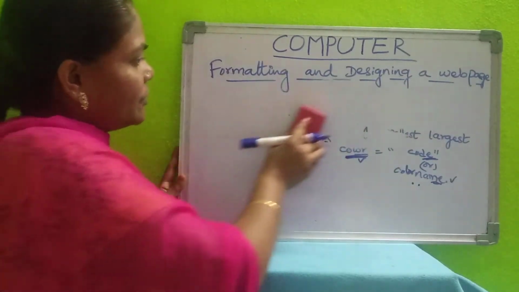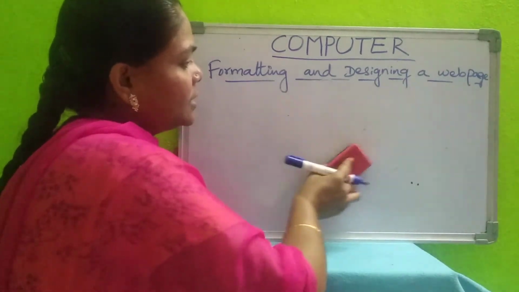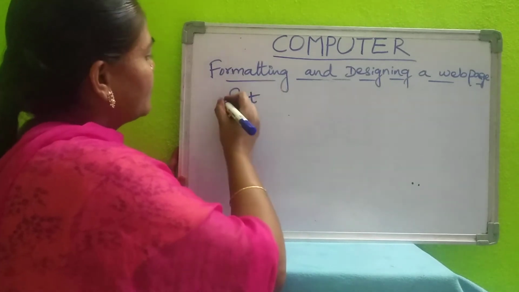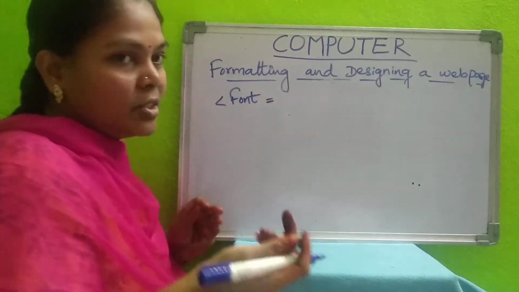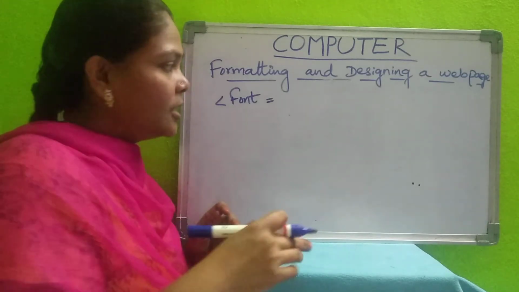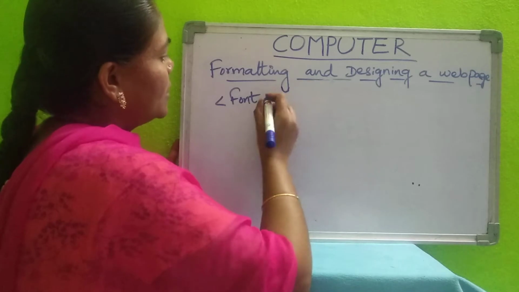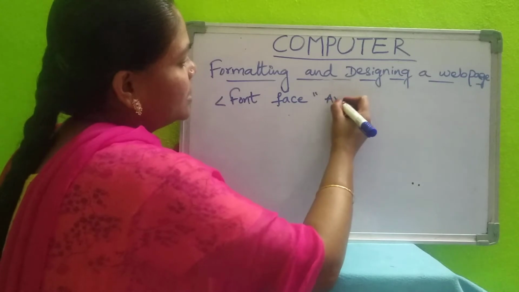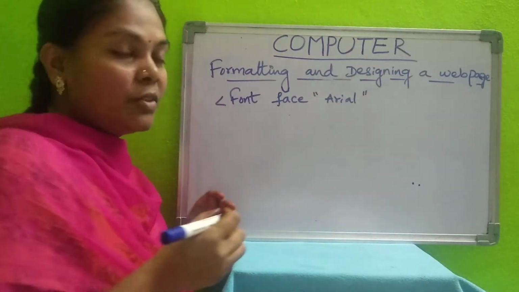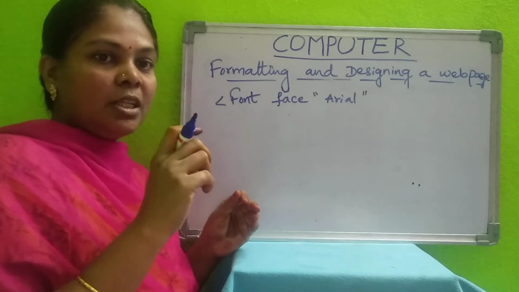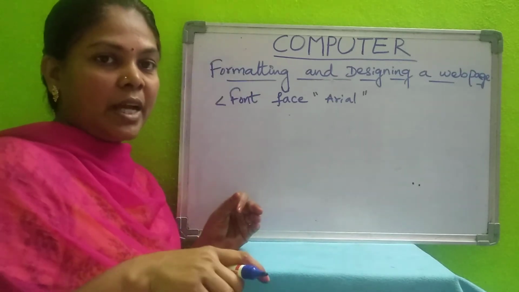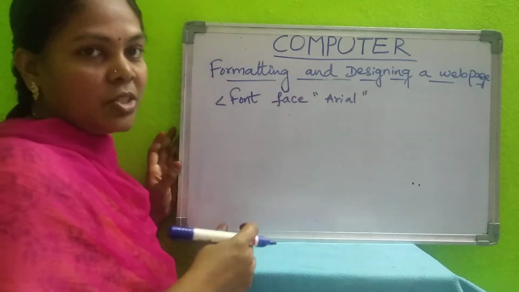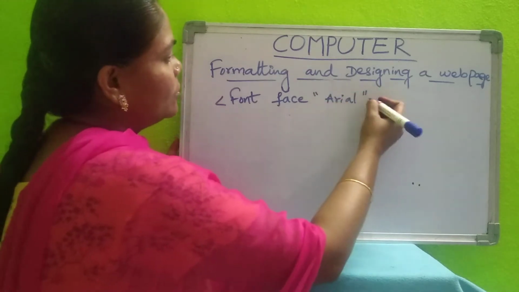With the font tag only we can use these three attributes: face, size and color. Font is nothing but your text. Text means letters or numbers or any special character, whatever you write in that web page. First we will use the face attribute. Face is some handwriting, like Arial. In MS Office Word we get the different handwritings, different fonts and font sizes in the formatting toolbar. The same handwritings we can mention here.